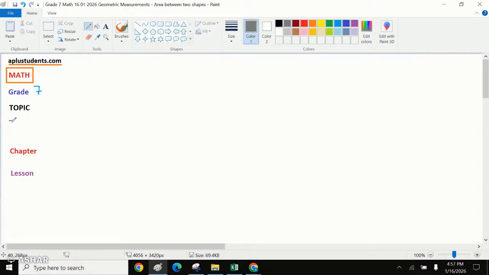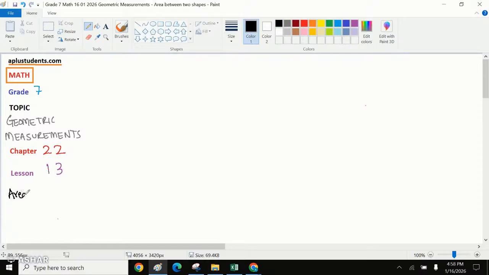Geometric measurements is the topic. We would be finding the maybe area and perimeter of different shapes. Okay, and I'll just give you the chapter number, and the chapter number is 22 and the lesson number is 13. Chapter number 22 and lesson number 13, and the name of the lesson is